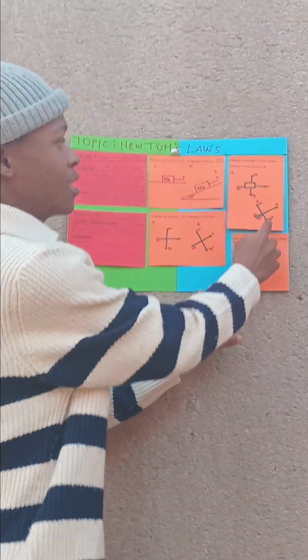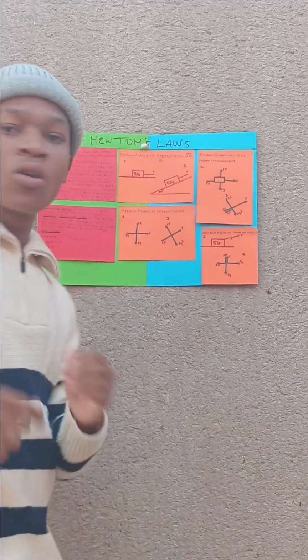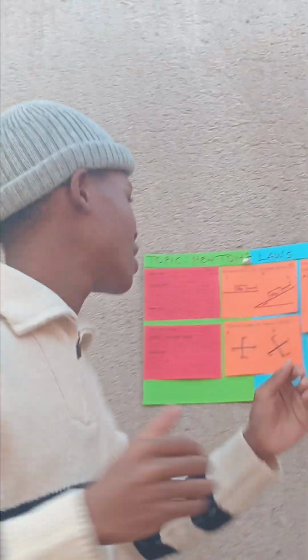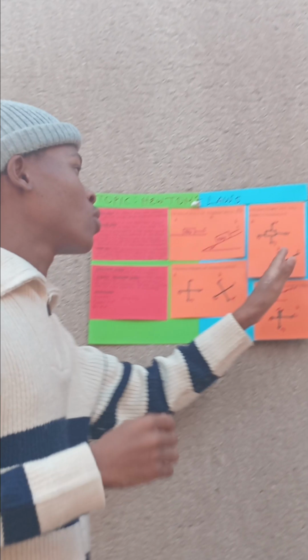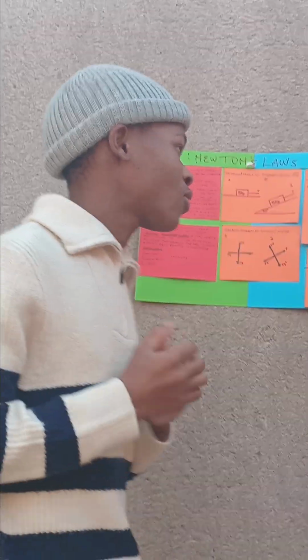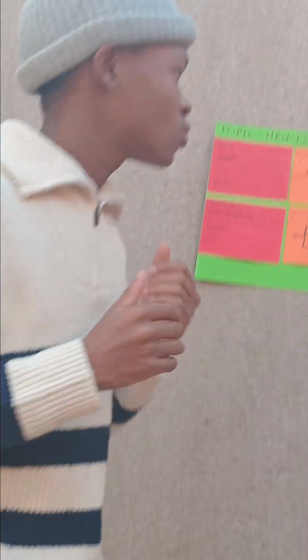So FG perpendicular and FG parallel are going to be equal to normal force. So that's why I'm having a short FG perpendicular and a short FG parallel. That means if we add these two components, we're going to have a normal force. And then here we are having a frictional force. We're having frictional force because the object is in movement. It's at rest, so we are having an applied force.